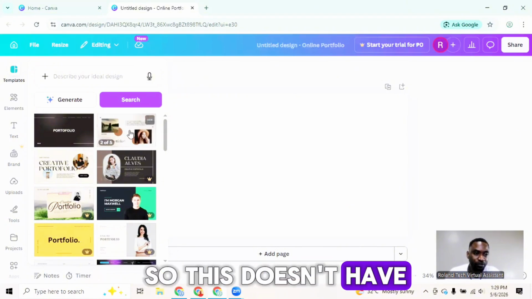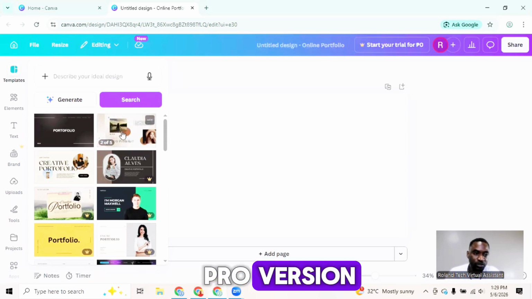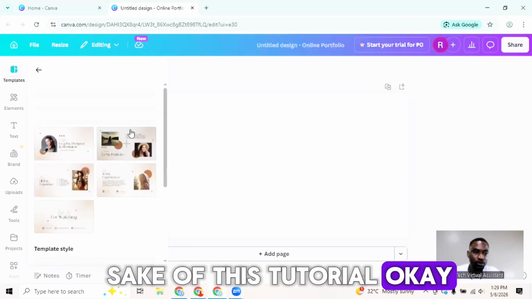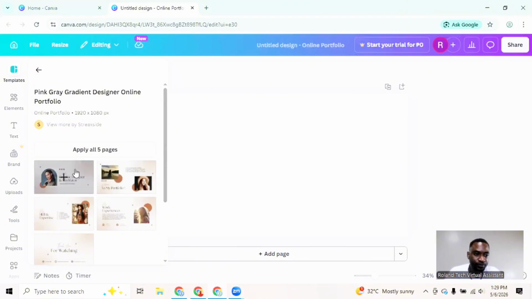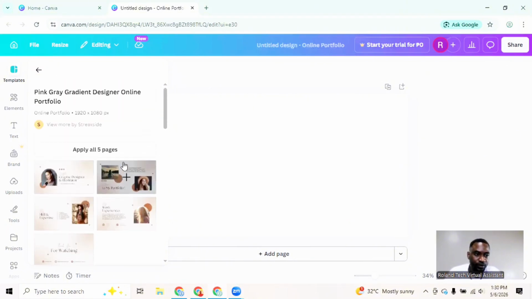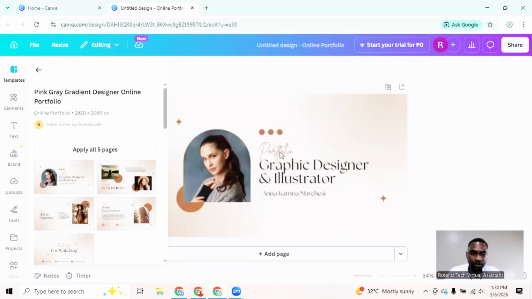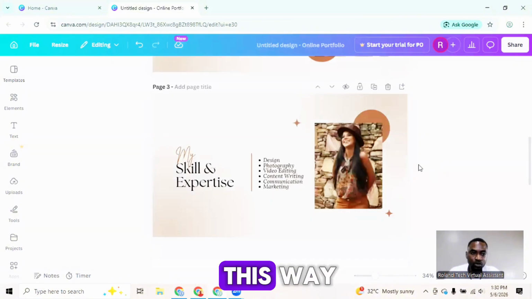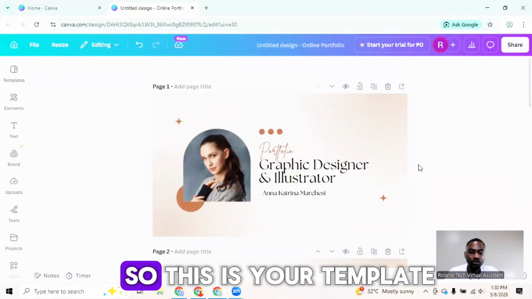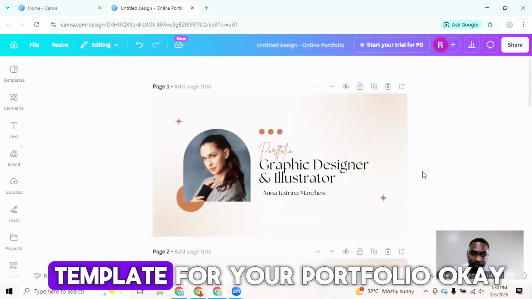So this doesn't have a crown, which is not a pro version. So we can simply choose this for the sake of this tutorial. Okay, you click on it. Then you click on apply 5 pages. So you have it this way. So can you see? So this is your template, and this is a free version of a template for your